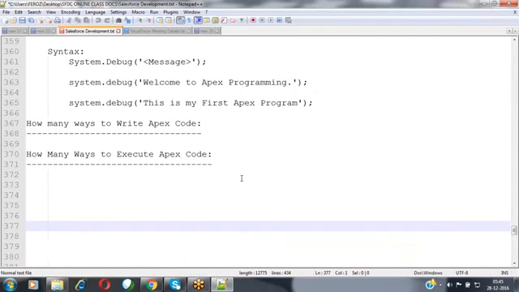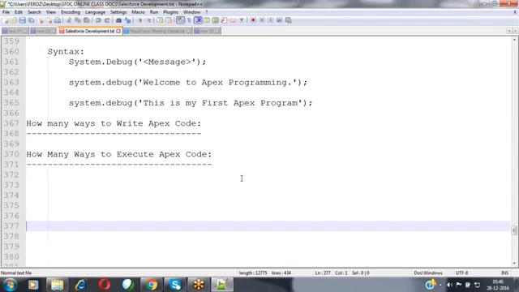So in the last session, we discussed the various fundamental building blocks of Apex programming: what exactly the data types are, what exactly a variable is, how to define a variable and how to assign a value inside that variable. If the user did not assign any value for the variable, what will be the default value? And what are the various operators in the Apex programming language? And what are the various printing statements to display the values inside the debug log file?